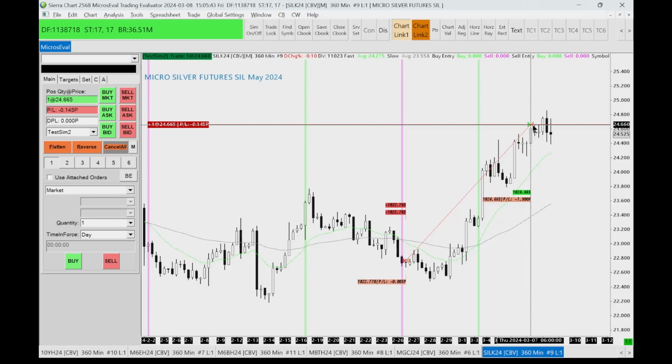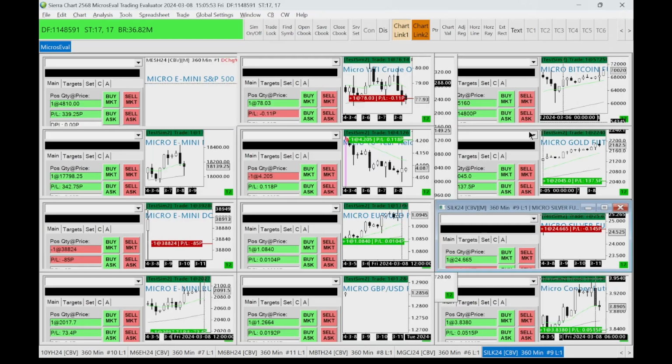So, again, if it had been here, of course, this would have been the first positive trade in silver. Silver's been a disaster for this particular system. So that's two of the pitfalls with this system: not running Sierra Chart when you're supposed to, and